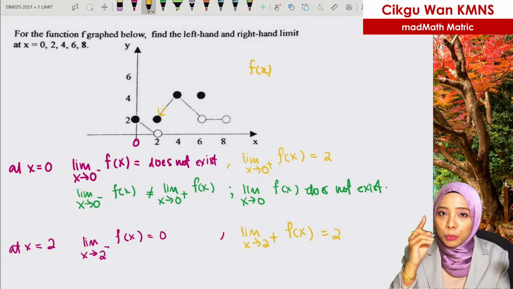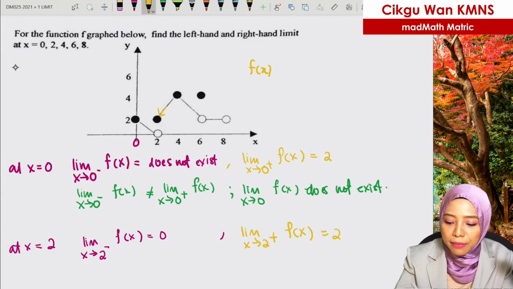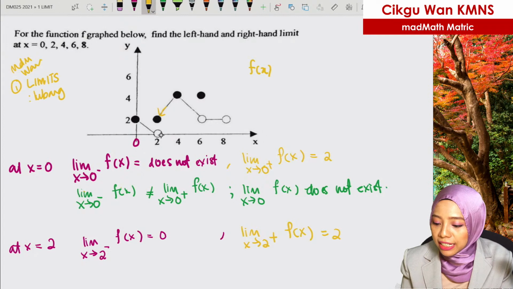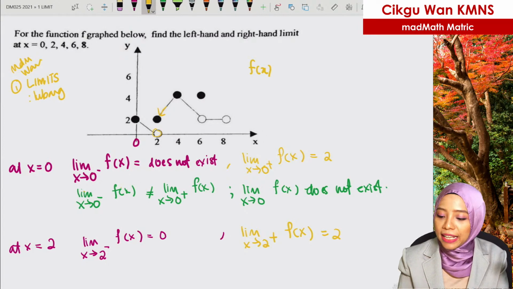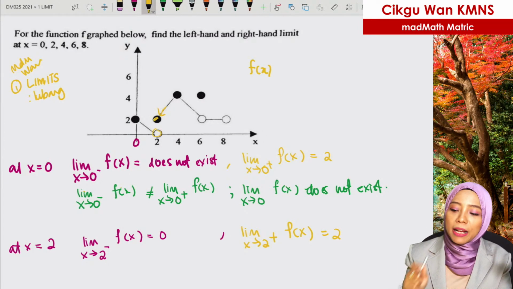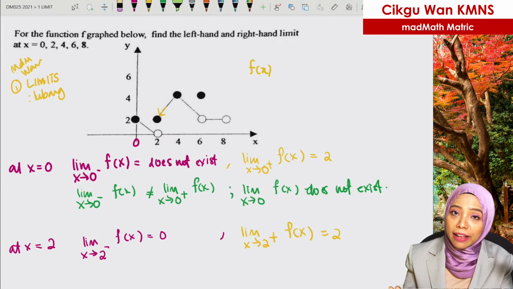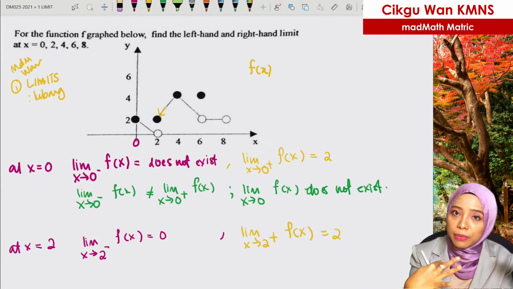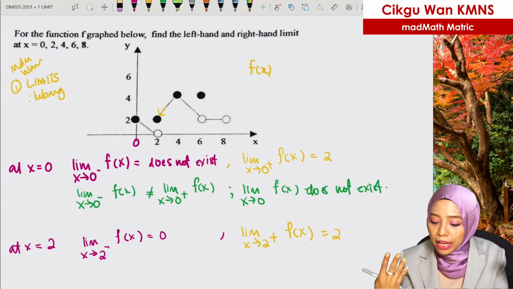Or let me give you a tip, the first tip. You have to highlight it. The first thing I want you to remember is when they are talking about limits, you write a hole. It means if it is a hole, it doesn't matter, and if it is filled black, it doesn't matter either, no problem. We don't care about the value at that point. We just care about the x when it's approaching from the right, what's the value? x approaching a from the left, what's the value?